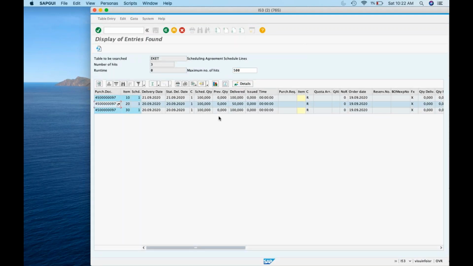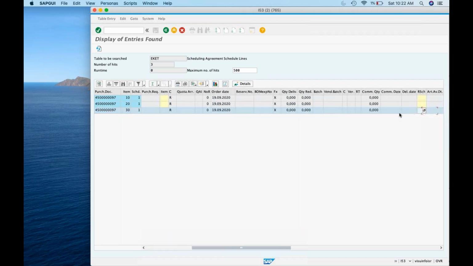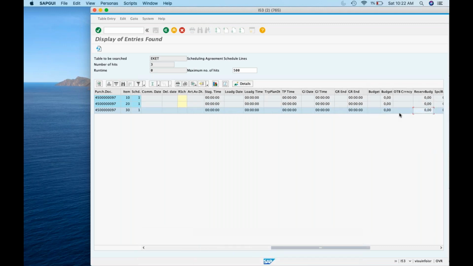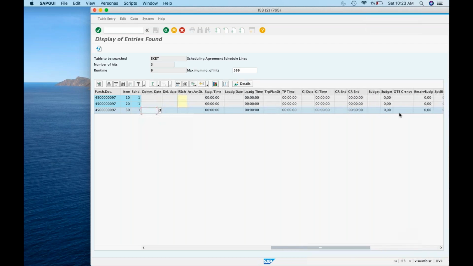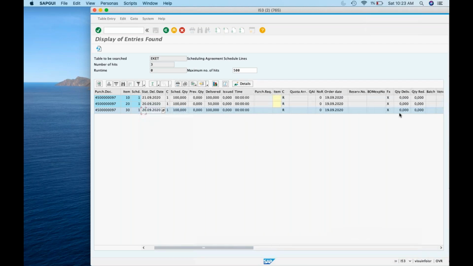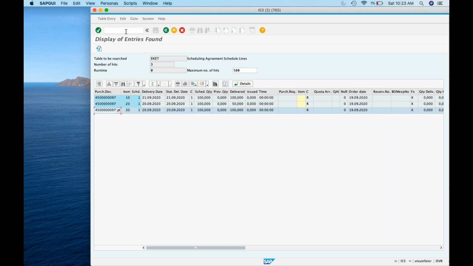See, here it will say clearly how much is delivered. 100, 50 is delivered, 50 is still open. You understand? So it is taking some time to update in the database. That's the reason. Let's check now. ME23.